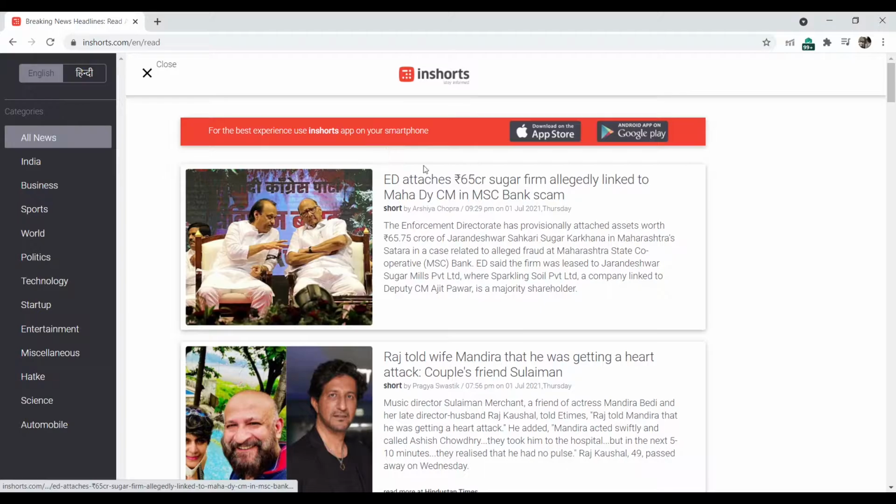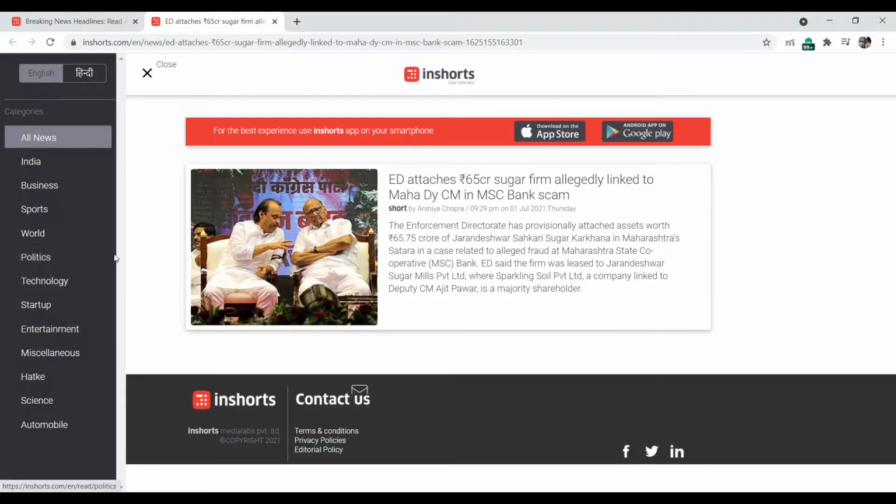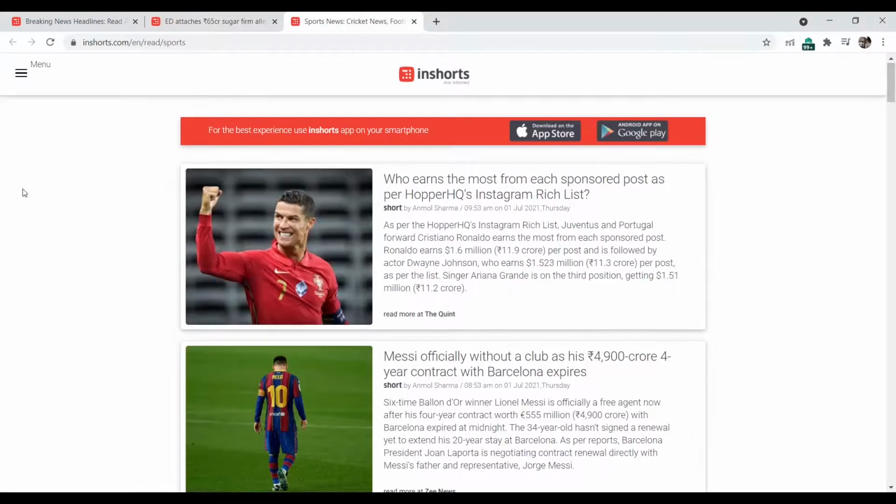What I'm thinking is this article can have many categories. Also, this one category can have multiple articles as well. So it's sort of a many-to-many relationship. Let's say I have opened this article and it has 3 to 4 categories, like this belongs to India and this is a political news, so it belongs to politics as well. So this article has 2 categories. But if you open a category, that can have multiple articles as well. So it's not a one-to-many relationship. It's a many-to-many relationship. An article can have many categories and one category can have multiple articles.